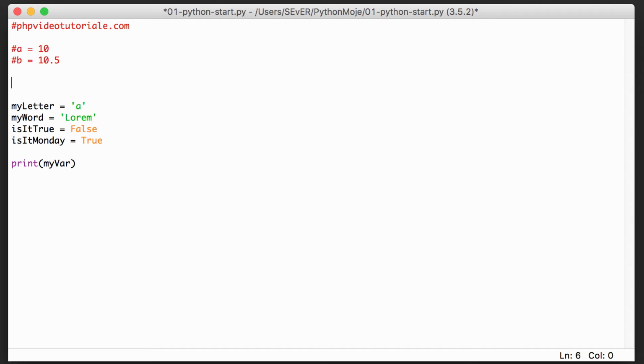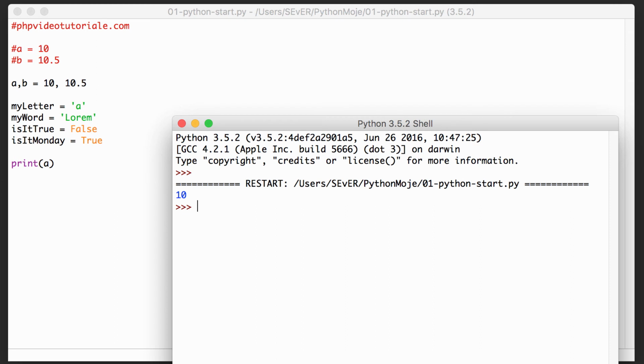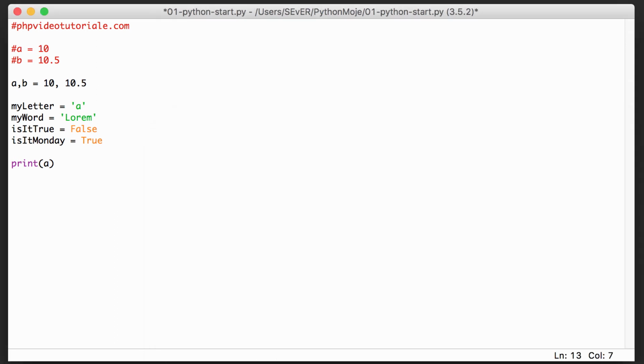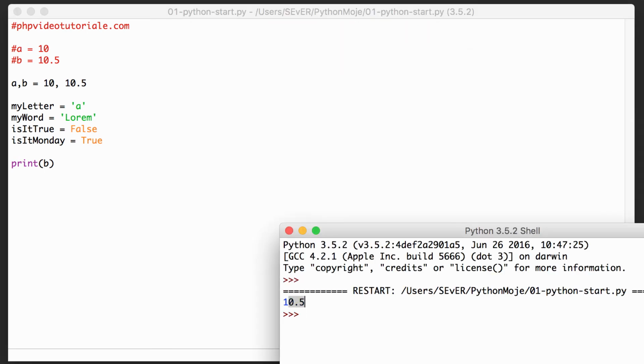I can declare variables by using a comma: A, B equals 10, 10.5. So if I want to display A here, check how it's gonna work. Boom, it's 10. If I want to display B, boom, it's 10.5.